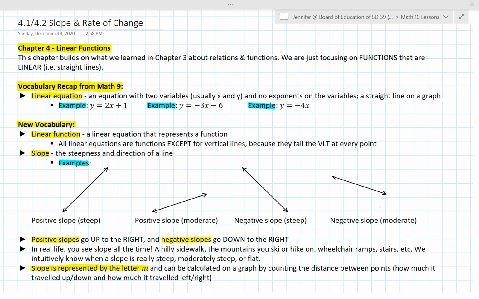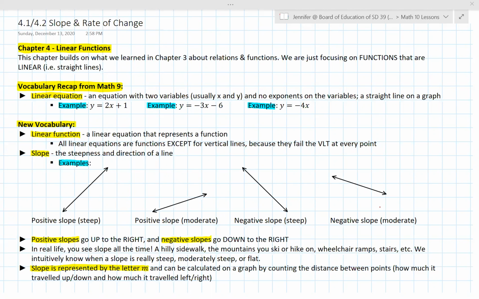This is lesson 4.1 and 4.2 on slope and rate of change. This is the first lesson of chapter 4, which is on linear functions. This chapter builds on what we learned in the last chapter, chapter 3, which is about relations and functions. Those were more general relations and functions, whereas this chapter is specifically focused on functions that are linear, in other